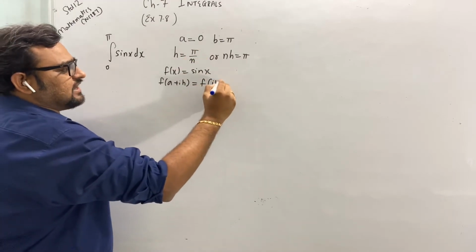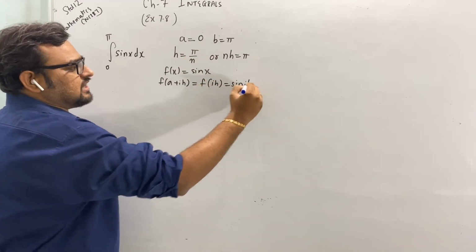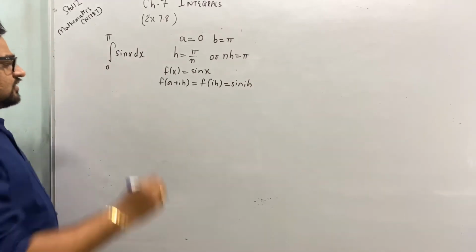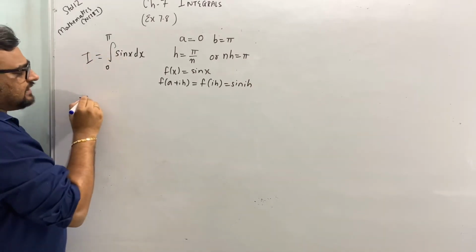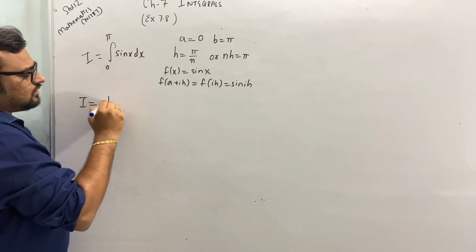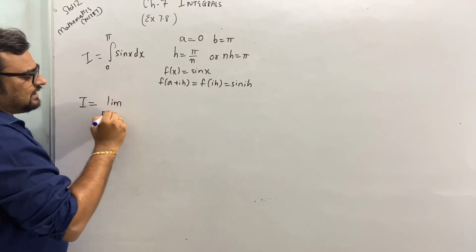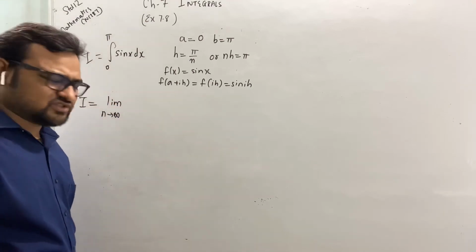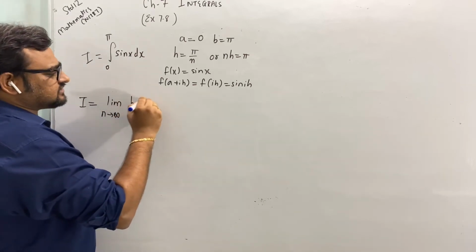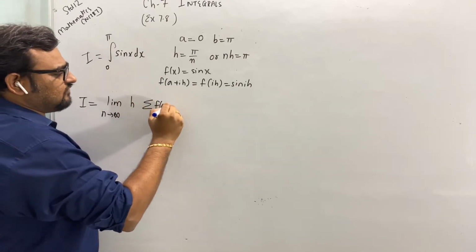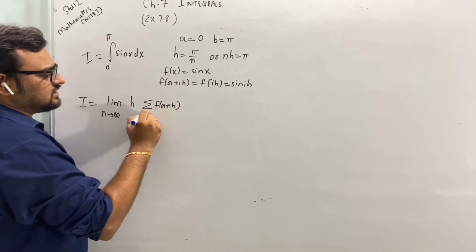So f of ih is sin ih. So our integral will be equal to limit n tends to infinity or h tends to 0, h summation of f of a plus ih,